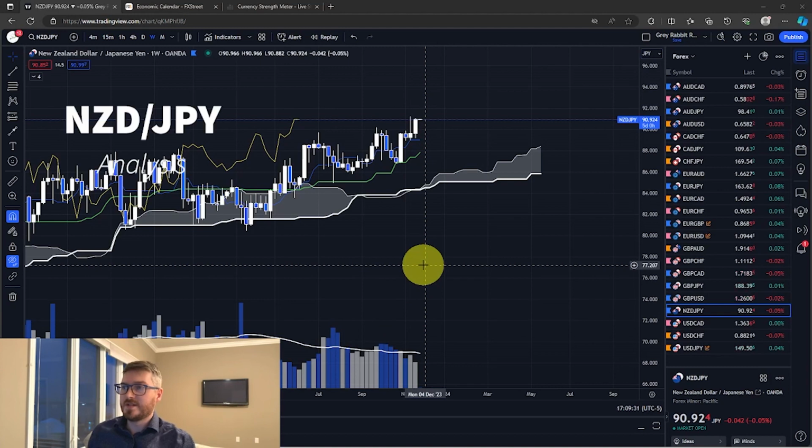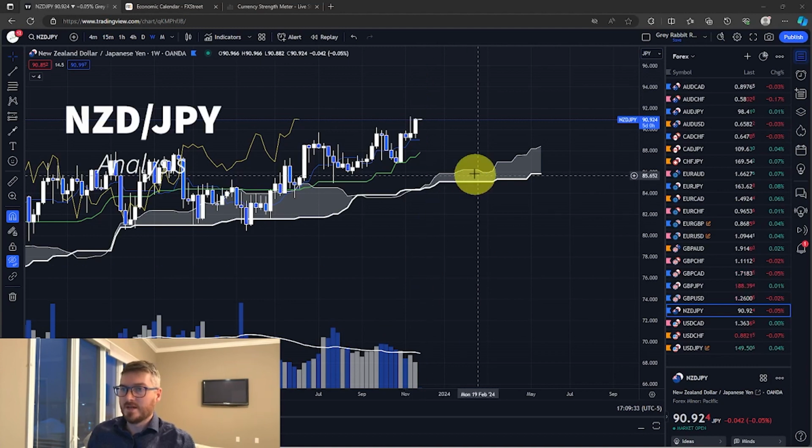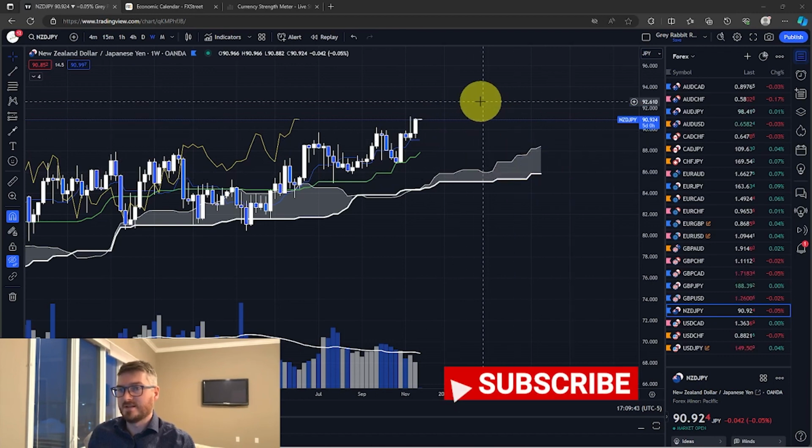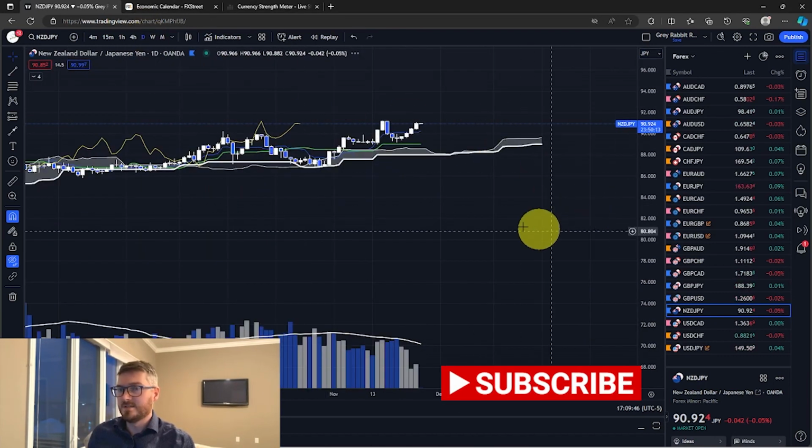Okay, New Zealand dollar, Japanese yen on the weekly. Overall, guys, this is bullish. Price is above the Tenkan and the Kijun-sen. Kijun-sen's pointing up, Senko Span A is up, but Senko Span B and the Tenkan-sen are flat. But if we look at the daily chart for more detail,